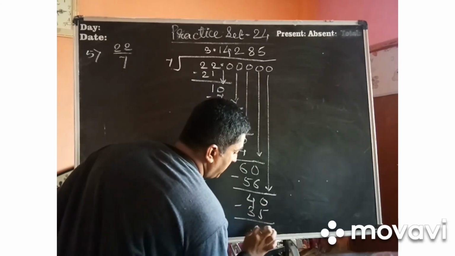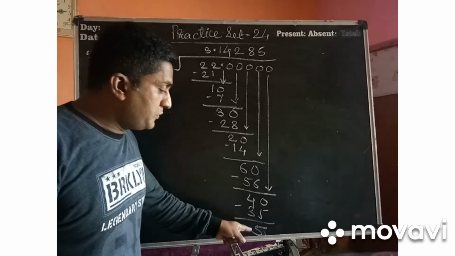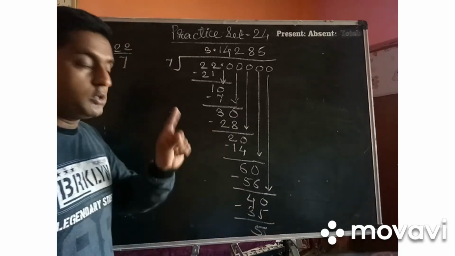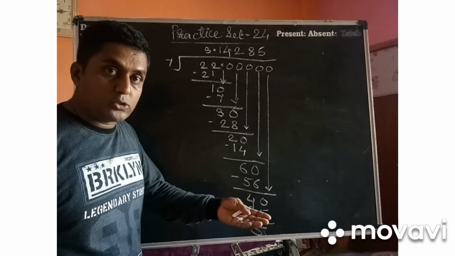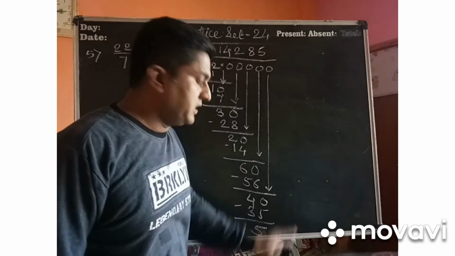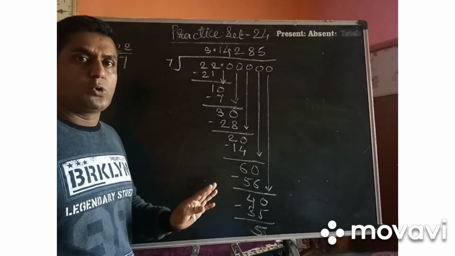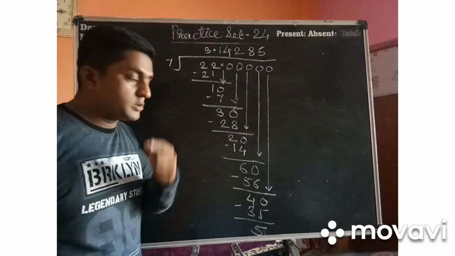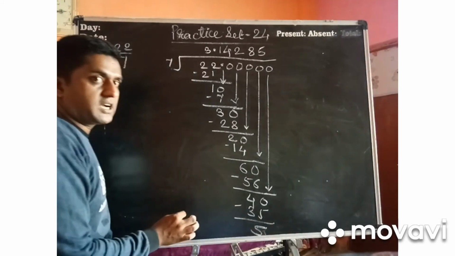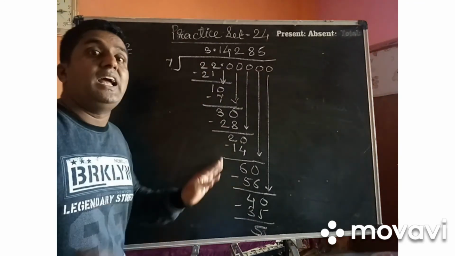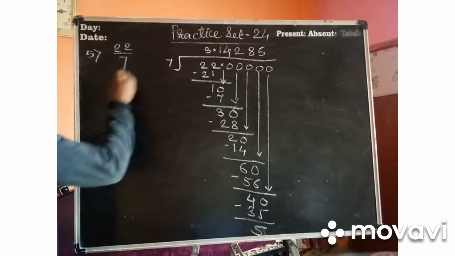Now the remainder is 5 and spacing on my blackboard has finished. Even if you will try underneath this, then also you will not get remainder as a 0. You try, if you want at home, you try till 10 digits, 10 stages. Remainder will not be 0. It will be something else other than 0. Now what you understood from this? You understood that whenever the remainder is not 0, any other number comes, means this sum is unending. Unending means non-terminating. Okay, so I am writing its answer.